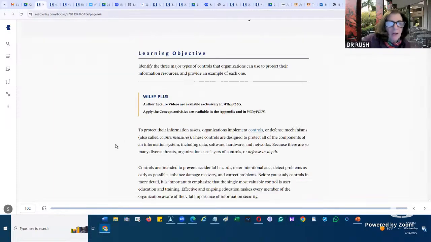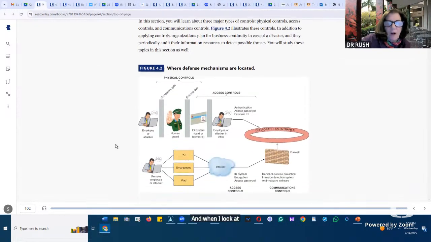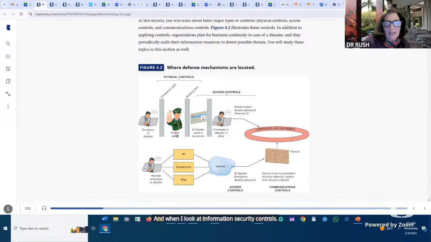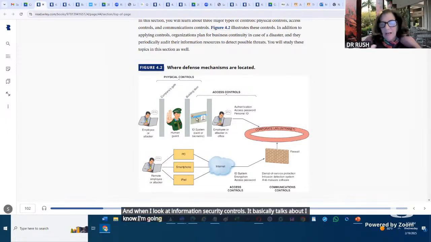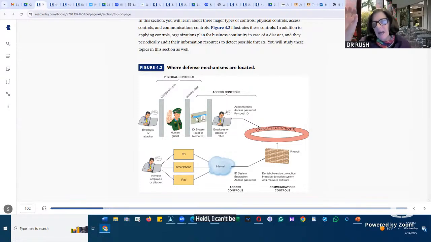And when I look at information security controls, it basically talks about how I know I'm going to be in danger, right? Heidi, I know that I'm at risk. I can't be 100% secure. You agree with me, Heidi? You go outside and get in your car, you know you're not going to be 100% secure.